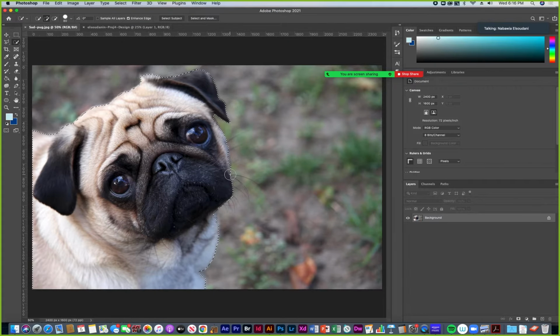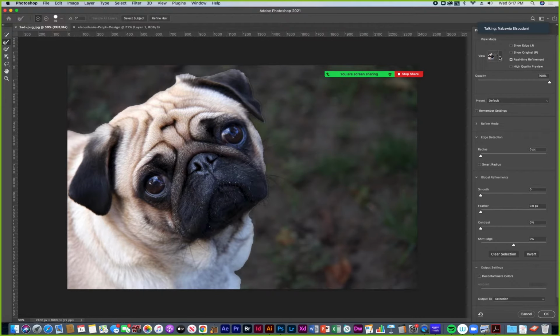It left out the whiskers, but I could actually go and get some of the whiskers at least with my select and mask option. So I'm going to click on select and mask,